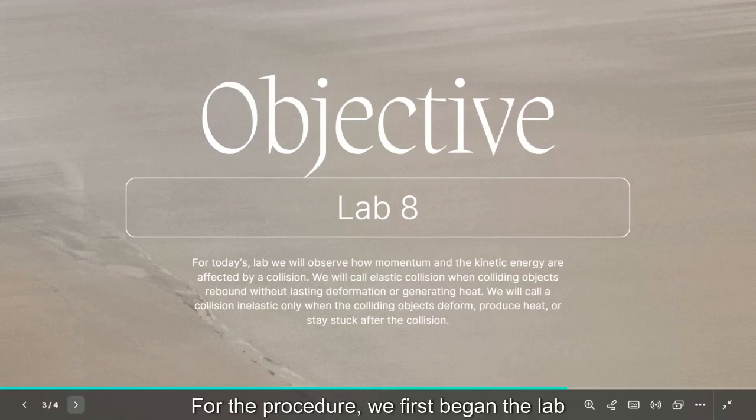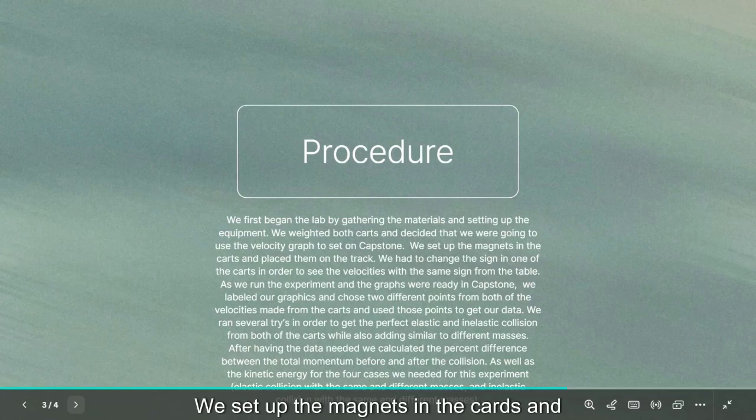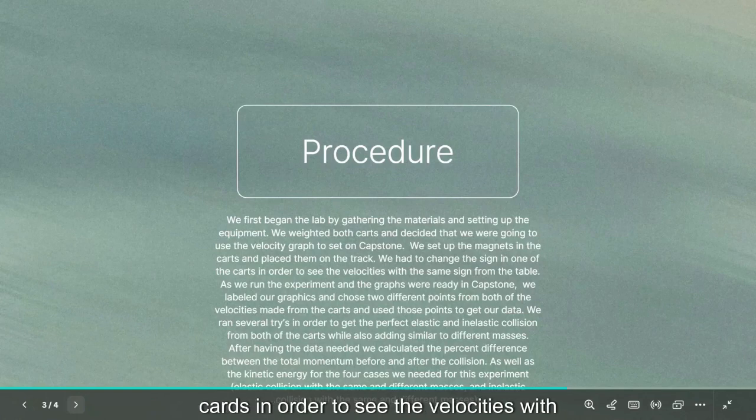For the procedure, we first began the lab by gathering the materials and setting up the equipment. We weighed both carts and decided that we were going to use a velocity graph to set on Capstone. We set up the magnets in the carts and placed them on the track. We had to change the sign in one of the carts in order to see the velocities with the same sign from the table. As we ran the experiment and the graphs were ready in Capstone, we labeled our graphics